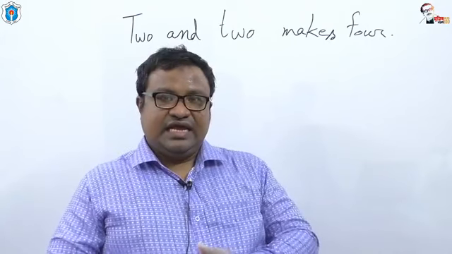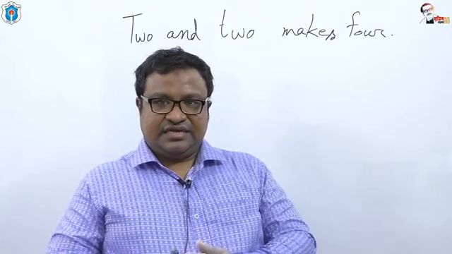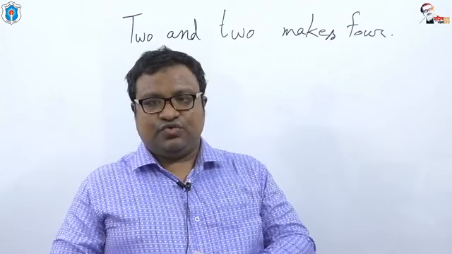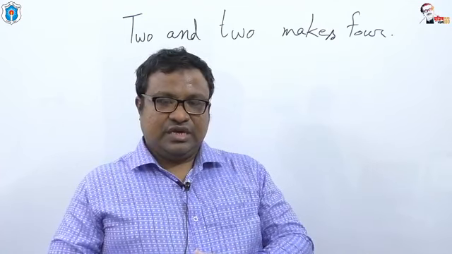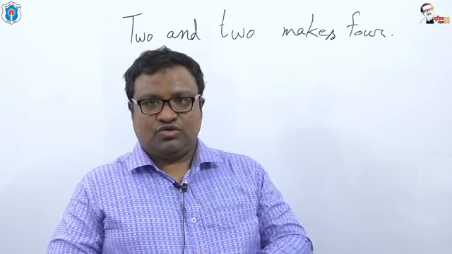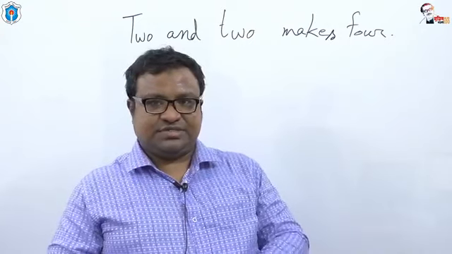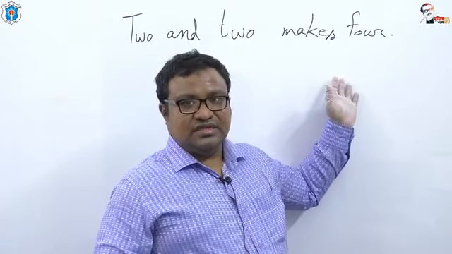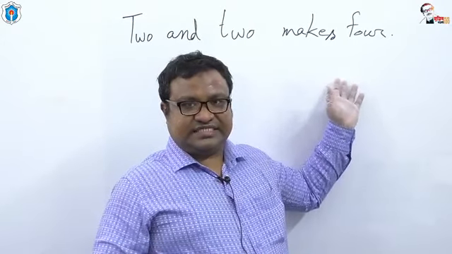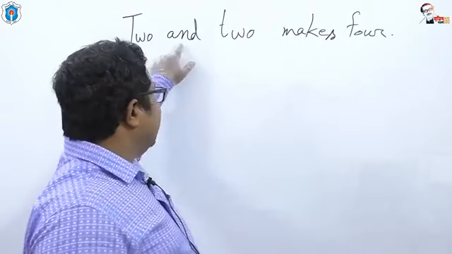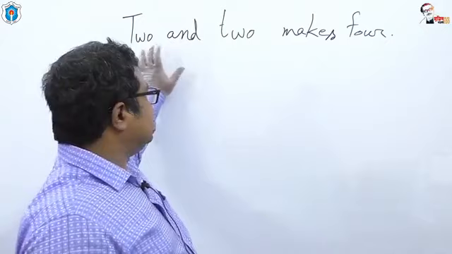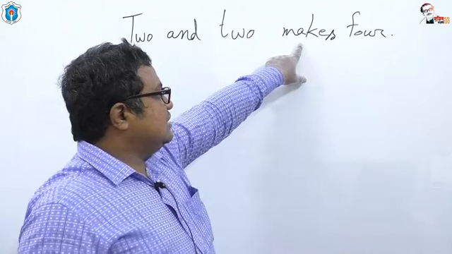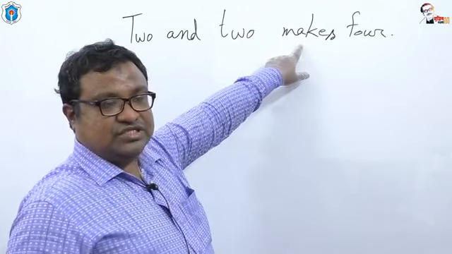However, the only exception is "time and tide wait for none." That is the only exception. You will get it in your English grammar book, where it is mentioned that this is the only exception. But other than that, all the subjects added by the conjunction and are considered as a singular unit. When it is considered as a singular unit, we use the singular form of the verb.